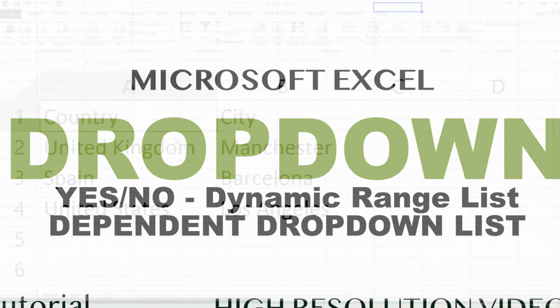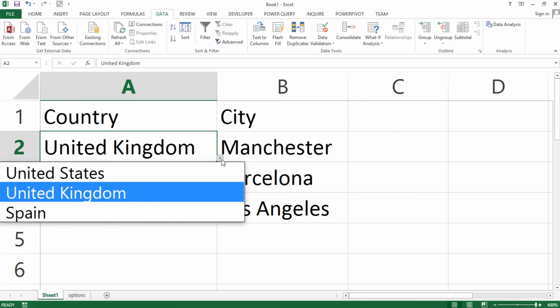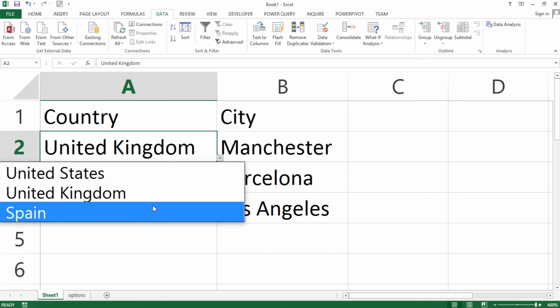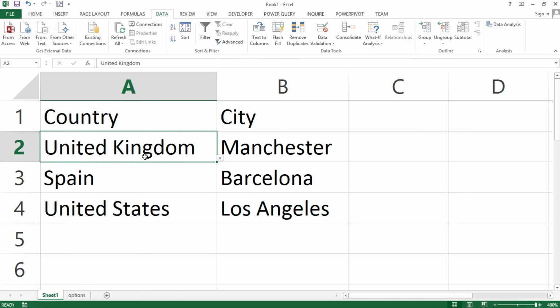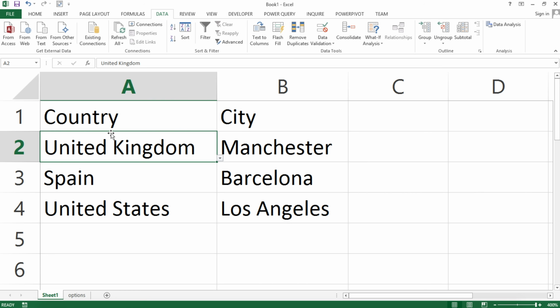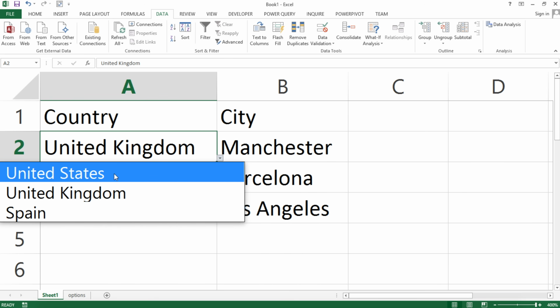Okay, so in this video, we'll be creating data validation lists like this, so you can have multiple options for users to select from, and if they try to type something else, they're going to get an error message, something like that. And then by the end of the video, we will also create dependent drop-down validation when you select